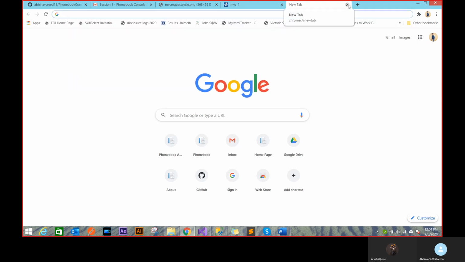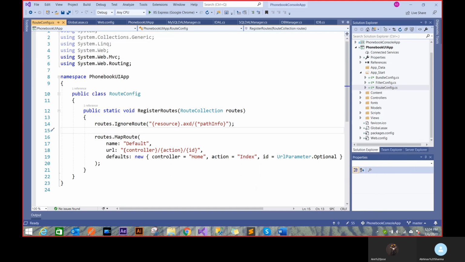When I want to access an application action, I'll show you that right now. So this is where the routing thing enters. In the map route, I'll create a controller, action, ID. This is the default route for me. That means application slash controller name slash action name slash ID. If I do this kind of route, it's going to hit the controller action and provide it with the ID. If I don't pass any of that, that means it's going to default to the home controller, at the index action, with a blank ID.